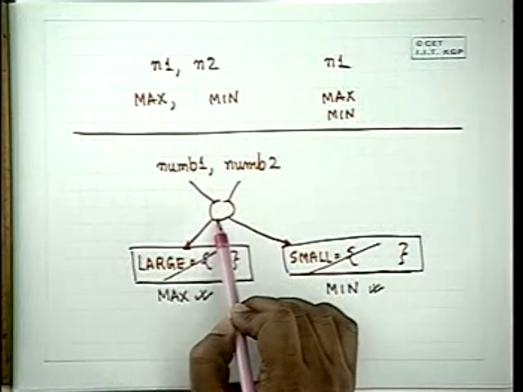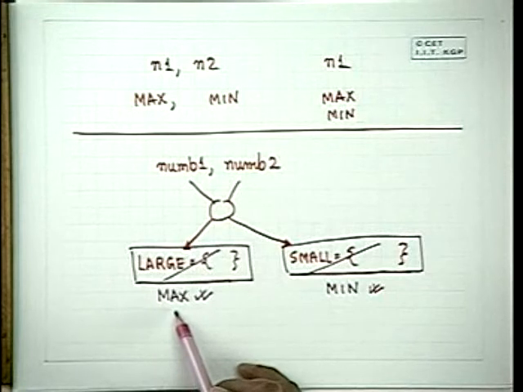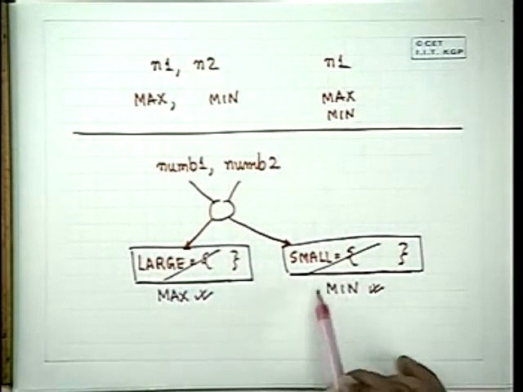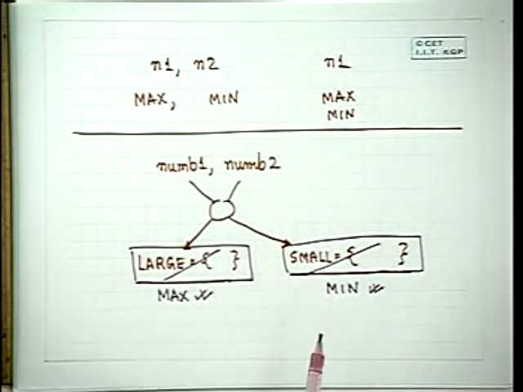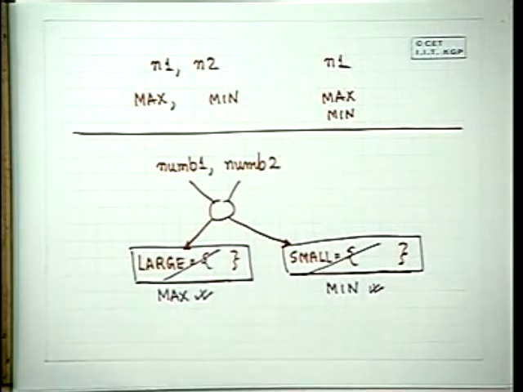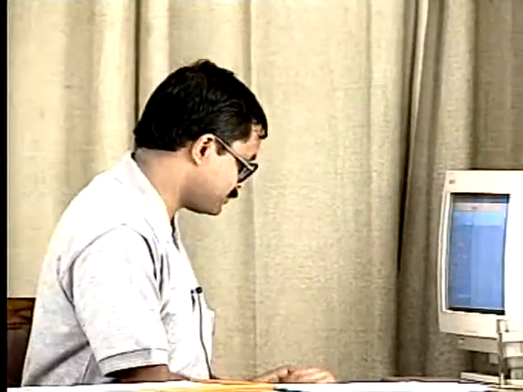We wouldn't have saved any comparisons, but we would have definitely not required these two arrays at all. So we can get rid of these two arrays by saying that when you compare num1 and num2, the larger one you compare with the max and update the value of max, and the smaller one you compare with the min and update the value of min. That way you will not require these two arrays. With this simple modification, you will reach an algorithm which does not require any arrays anymore. Let's have a look at what the program looks like.